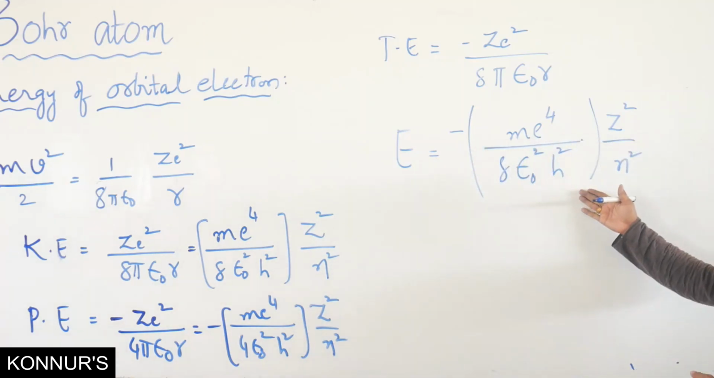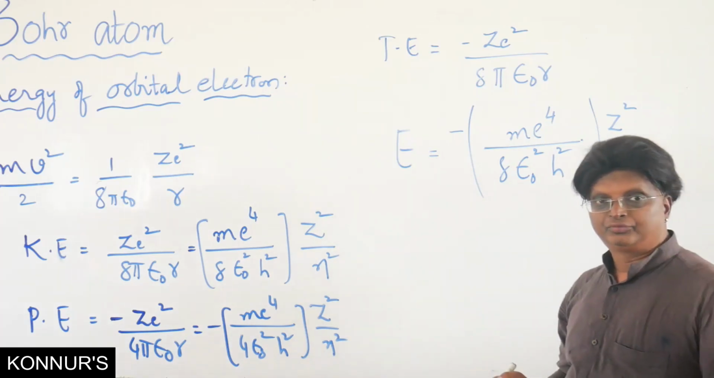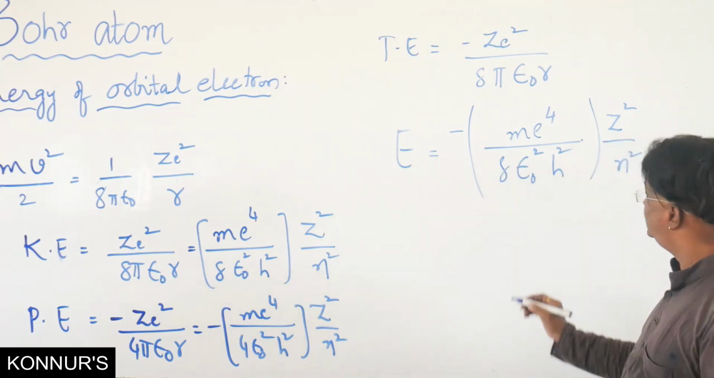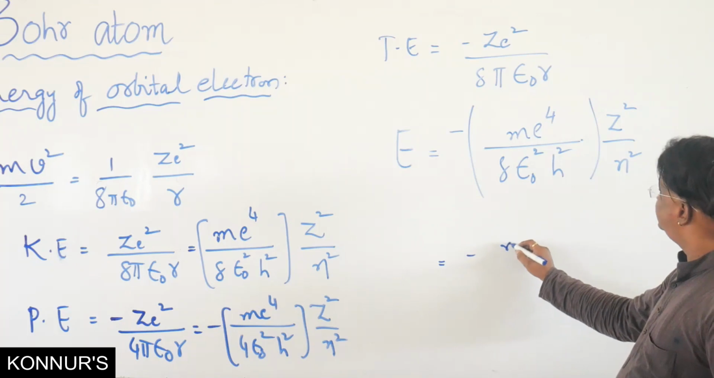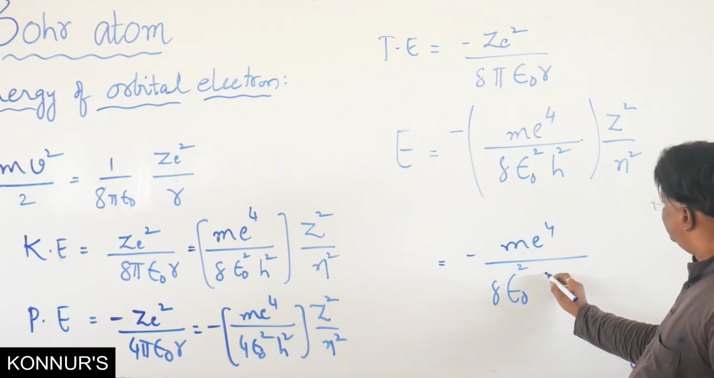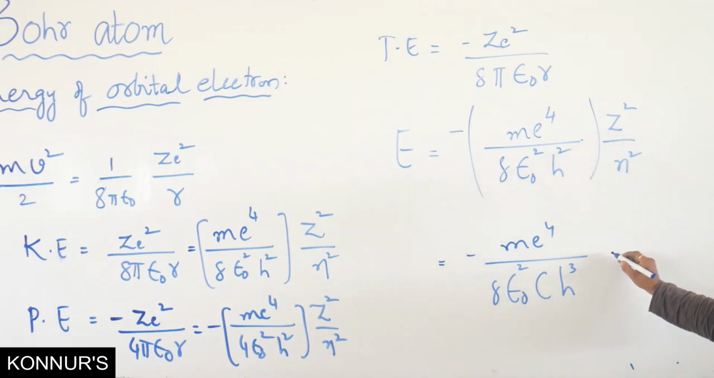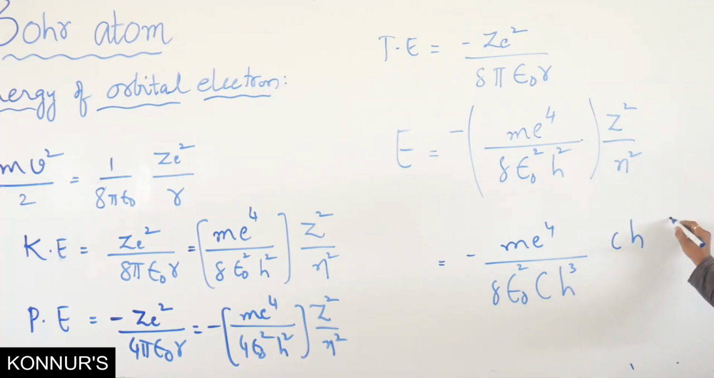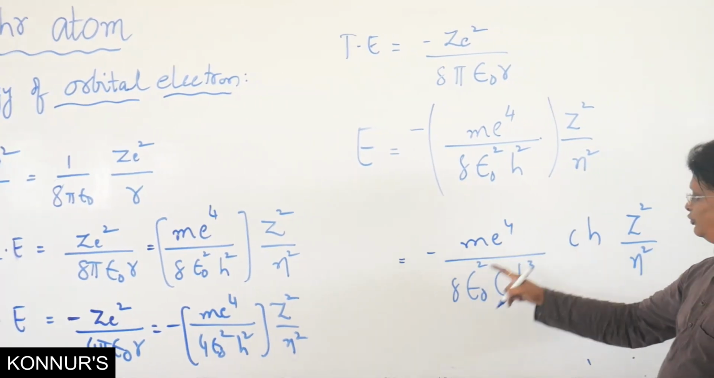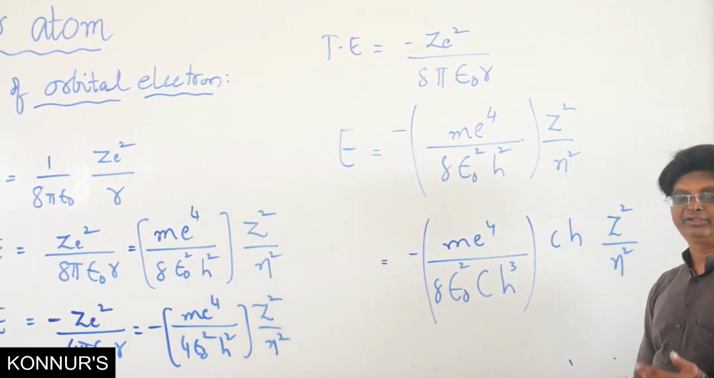Total energy is always negative. In fact, the same expression, to discuss our hydrogen spectrum, we have just converted into another useful form. What is that useful form? This is minus m e to the power 4 by 8 epsilon naught square c h cube. So in the denominator I am multiplying c h, c for speed of light, h for Planck's constant. Then here I get c times h. Then you have the same usual Z square by n square. Now this m e to the power 4 by 8 epsilon naught square c h cube is the one which is called a universal